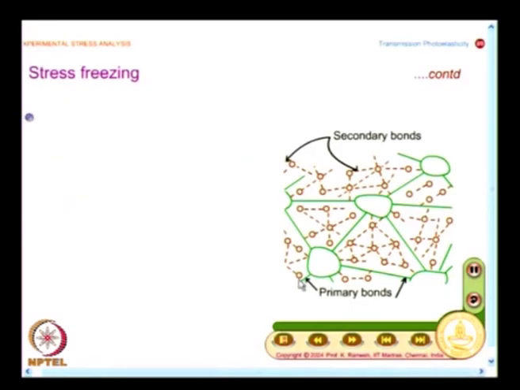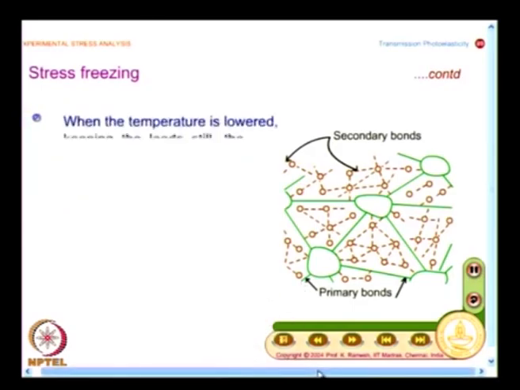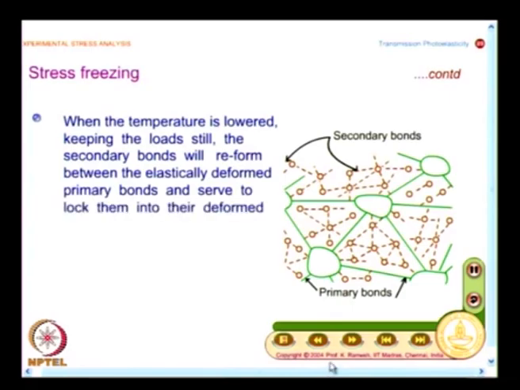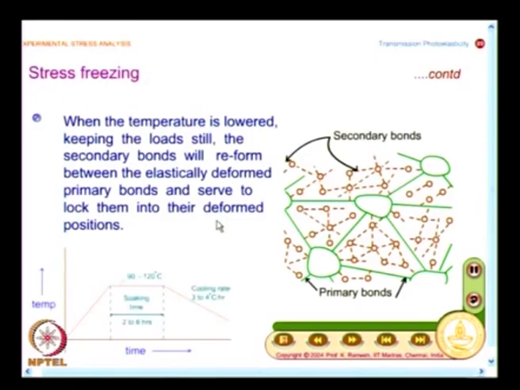and this is what your thermal cycling process does, very similar to what I do in the case of keeping a spring compressed. When the temperature is lowered, keeping the load still, the secondary bonds will reform and prevent the elastically deformed primary bonds from coming back to their original position, and hence the stresses are locked,